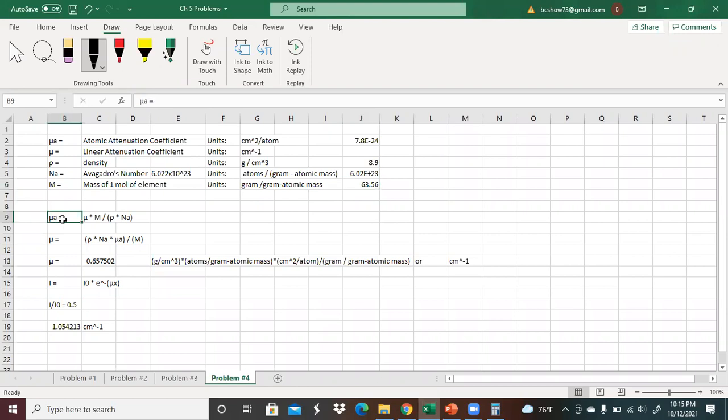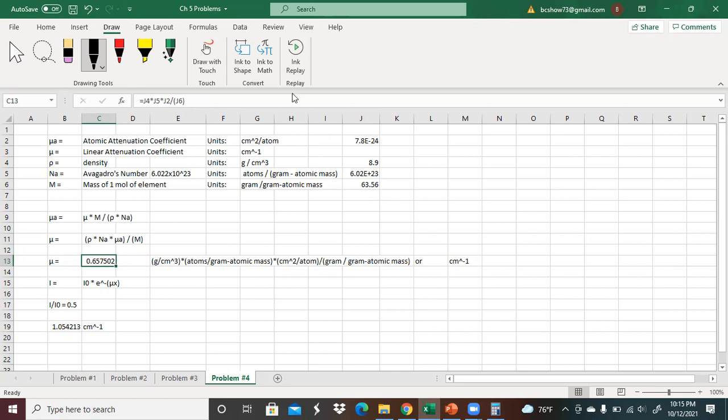What we're doing here is we're finding that the atomic attenuation coefficient is equal to the linear attenuation coefficient times the mass of 1 mole of the element divided by the product of the density and Avogadro's number. If you rearrange this particular formula, then the linear attenuation coefficient comes up to be this product on top divided by the molar mass. So when you do all of that, you find out that your linear attenuation coefficient means